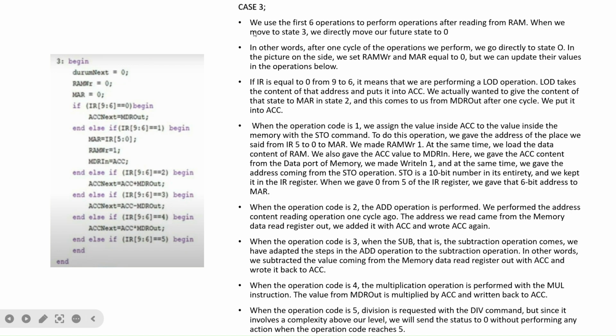Case 3. We use the first 6 operations to perform operation after reading from RAM. When we move to state 3, we directly move our future state to 0. In other words, after one cycle of the operation we perform, we go directly to state 0. In the picture on the side, we set RAM and MAR equal to 0, but we can update their values in the operation below. If IR is equal to 0 from 9 to 6, it means that we are performing